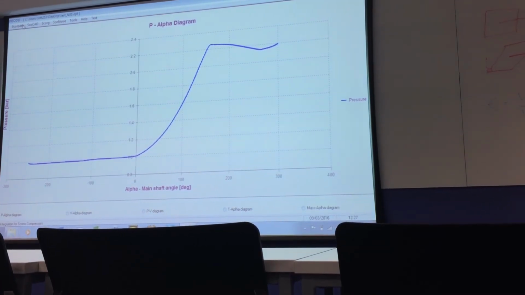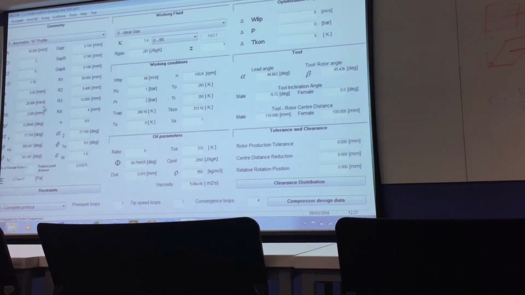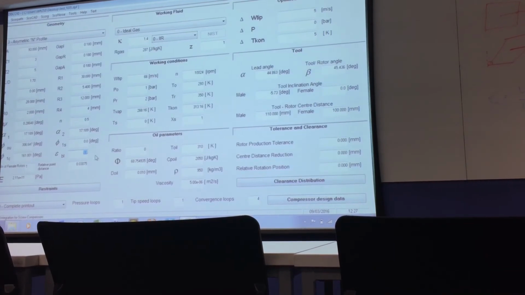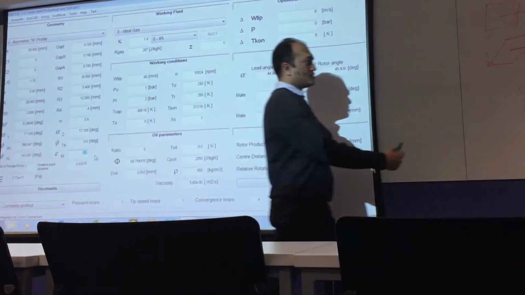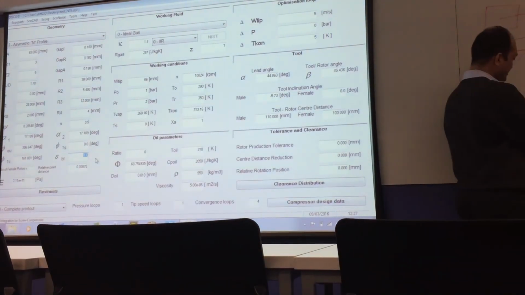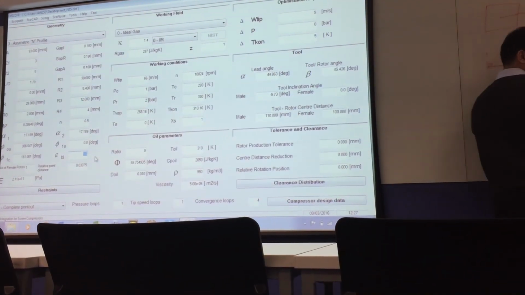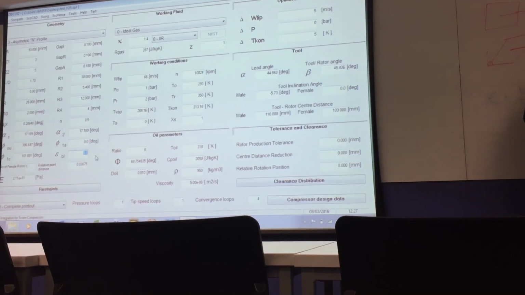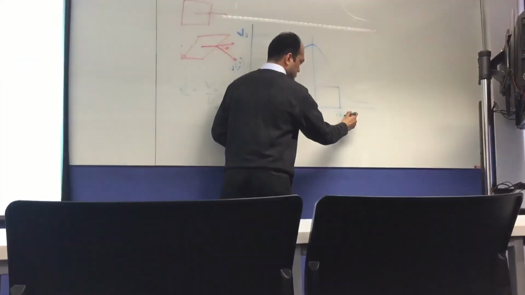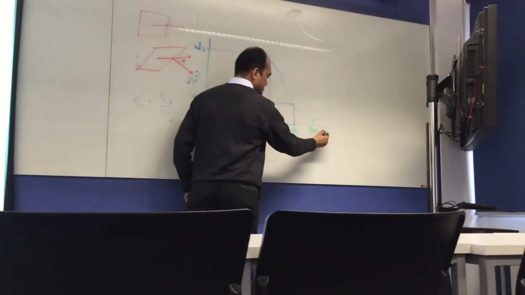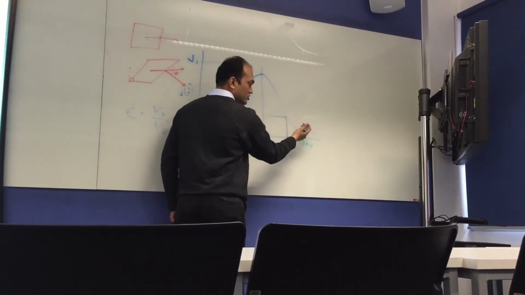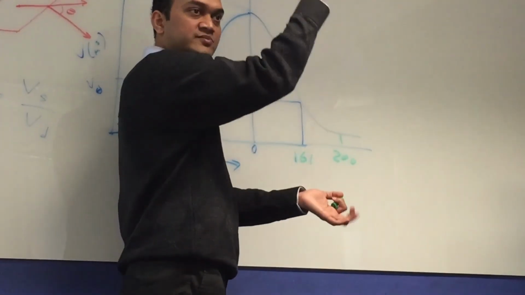So how to get over compression? I can just ask the rotor to close at a later angle by increasing this. So at 1.5, if I give built-in volume index as 1.8, the discharge port is opening at 161 degrees. So if I ask it to open at 200 degrees, then my volume will be further compressed and the pressure will be further increased.